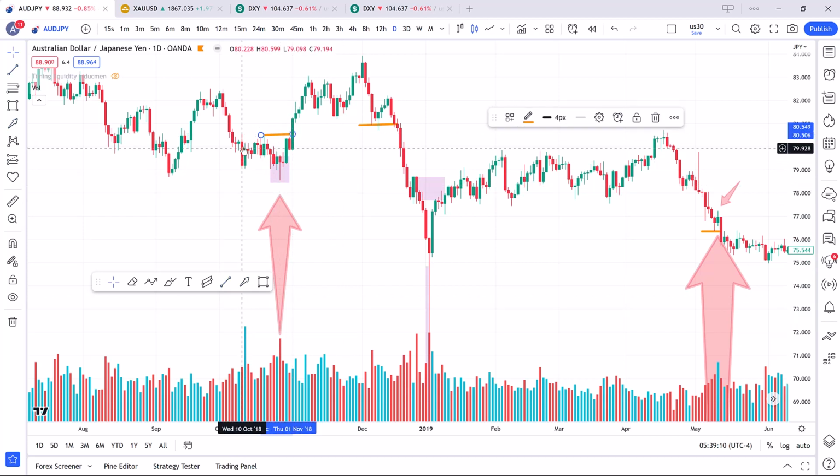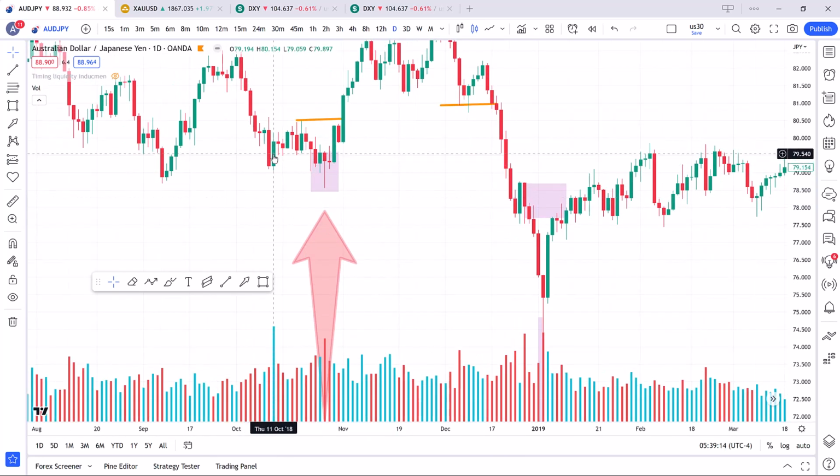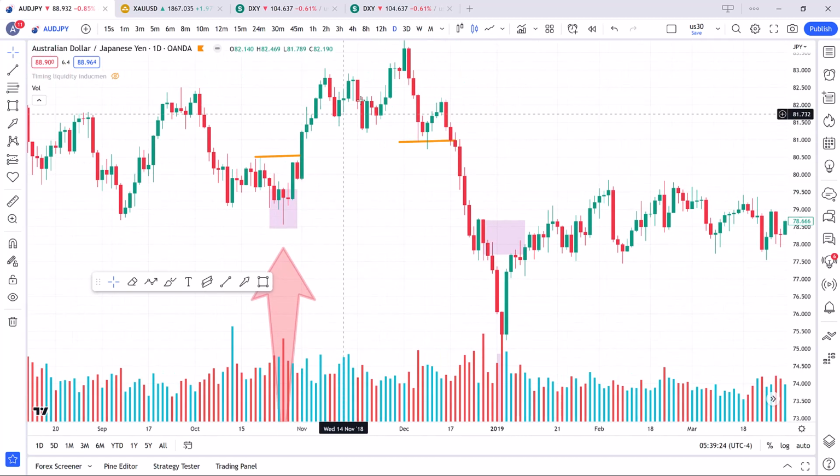What about this candle? Did this candle break the structure? No. But it is the same as this candle, and you can see that it is a buy candle, it is another buy candle. Those candles broke this structure, so we can enter the trade after this movement.